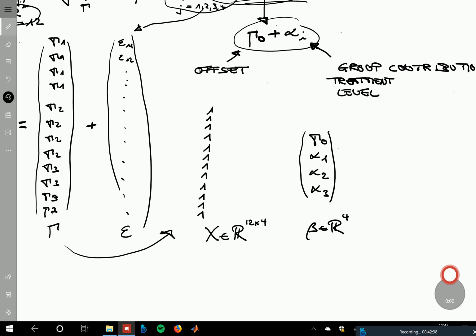Then for mu1 we want plus alpha 1. So for the rows where we want mu1, we put in ones here, and for the other ones we don't want mu1. So these first 4 go to mu1, these second 4 go to mu2, and these go to mu3. So here we have zeros,